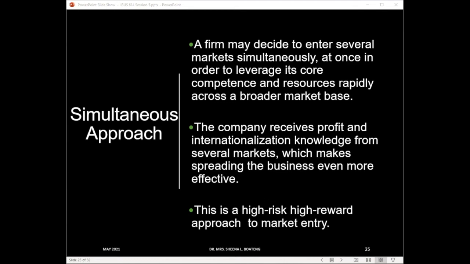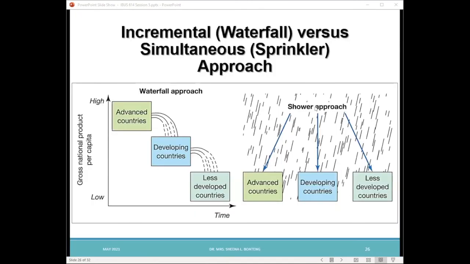But for firms that have the resources and the competencies and are able to succeed at it, it is also high reward, in the sense that they can benefit immensely from doing their global marketing activities simultaneously in all these markets. So by way of diagrammatic representation,